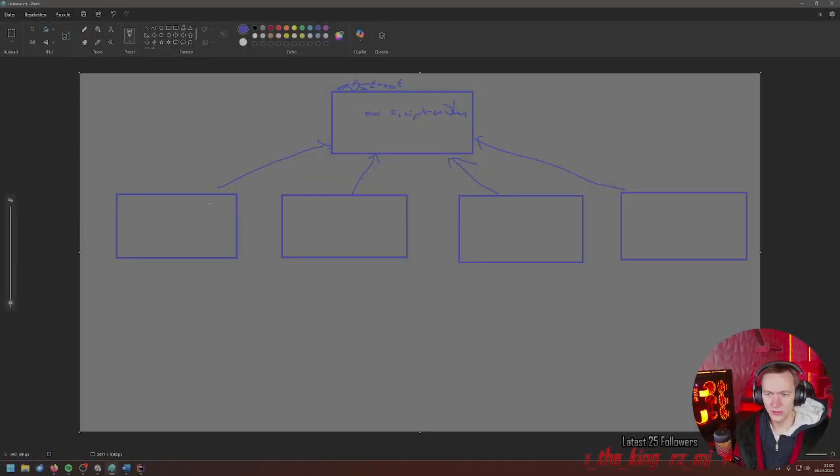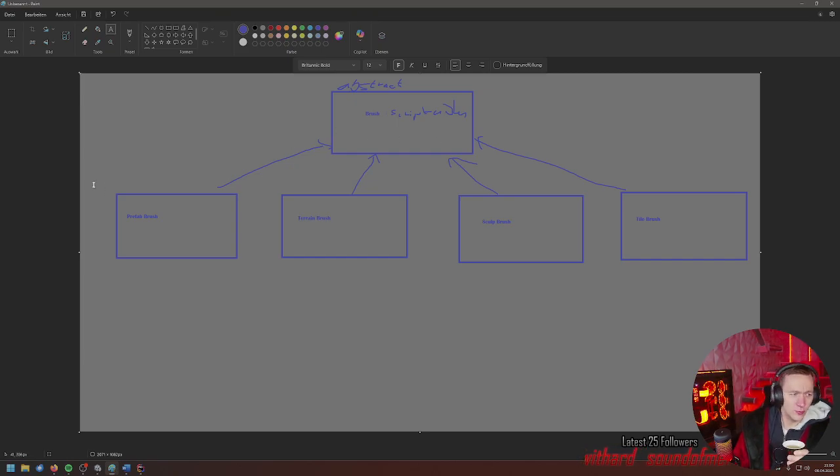So this is going to define the most used methods. Prefab brush, terrain brush, sculpt brush, and tile brush. Yeah. So there's a lot of cases here where we see, okay, they all have their quirks, and we have to find what they have in common.